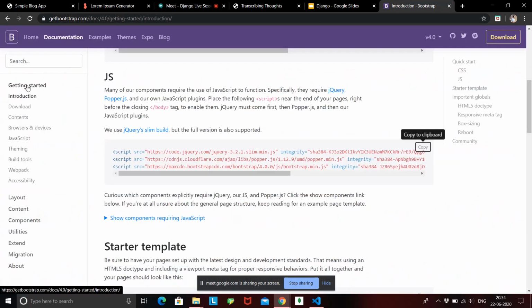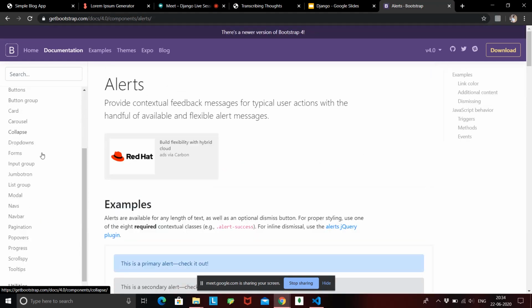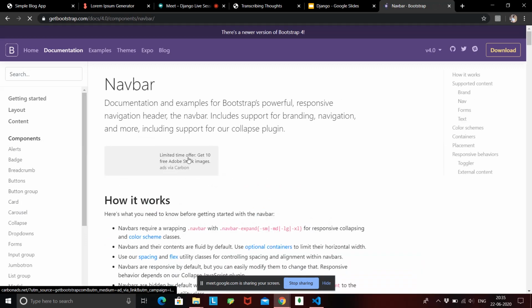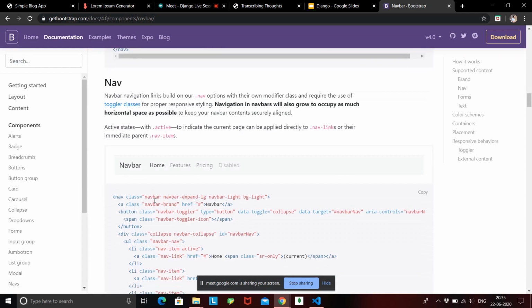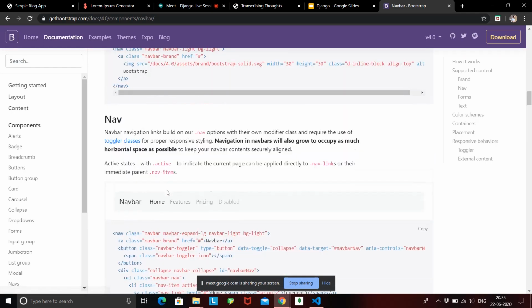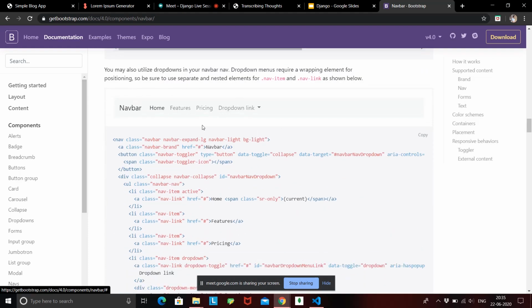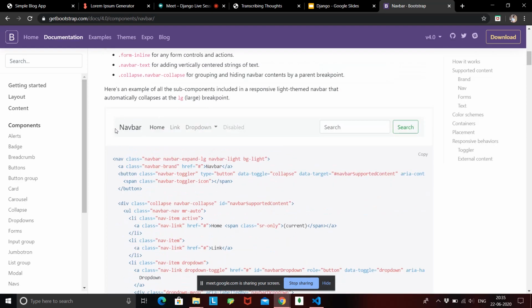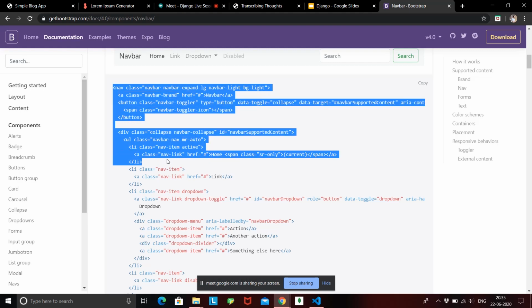So now if we go to Bootstrap, inside the components, here if we scroll down, you can see navbars. If you go to navbar, you can see all the different types of navbars that you can make. You can have a logo, or you can have just a simple navbar with dropdowns and pricing, features, home, everything. We don't need all that stuff. We'll just take this first navbar, a simple navbar with a search bar. What you need to do is just copy all the code,